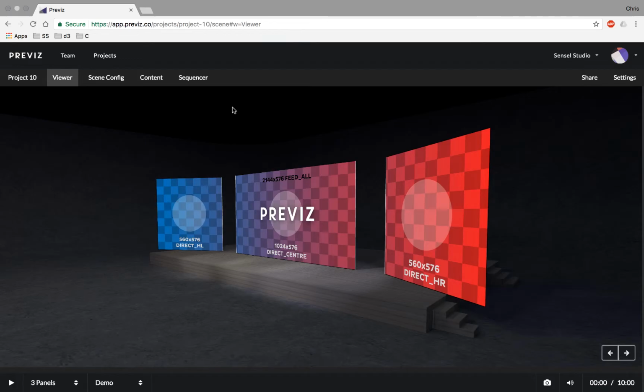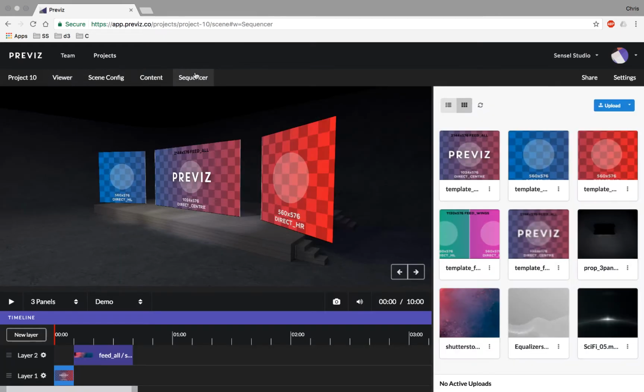How can we sequence tracks in Previs? Once you're within your project, you'll have a sequencer tab, and by selecting this, you'll gain access to your content library. So here I have assets which I uploaded earlier, and also at the bottom, you'll have your track, which